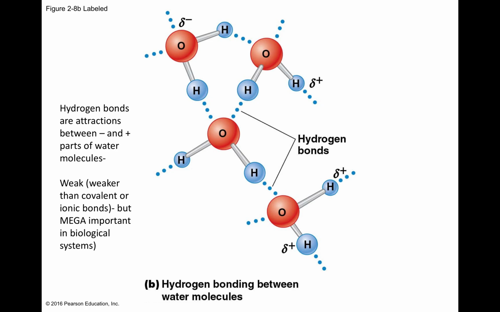And you can see the attraction of different water molecules where positive ends line up with negative ends, such as this would be in gaseous water or in liquid water. You see this sort of positive-negative interaction, solid water also. And these are considered weak bonds, or weaker than a covalent bond or an ionic bond. It depends a little bit on the actual situation of the bond, but in general. And if you add up lots of weak bonds, you can get some important properties.